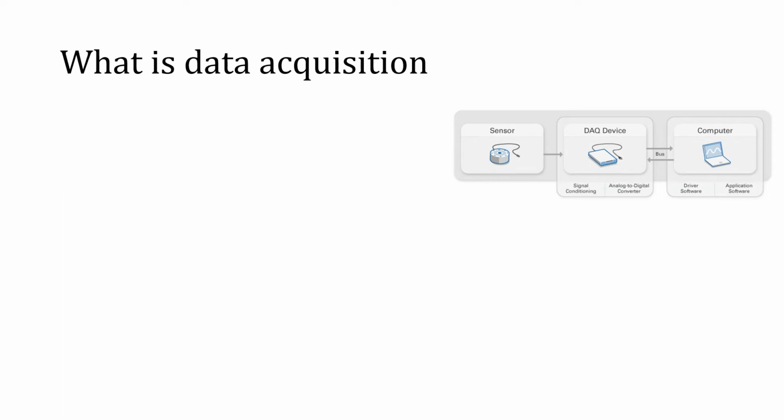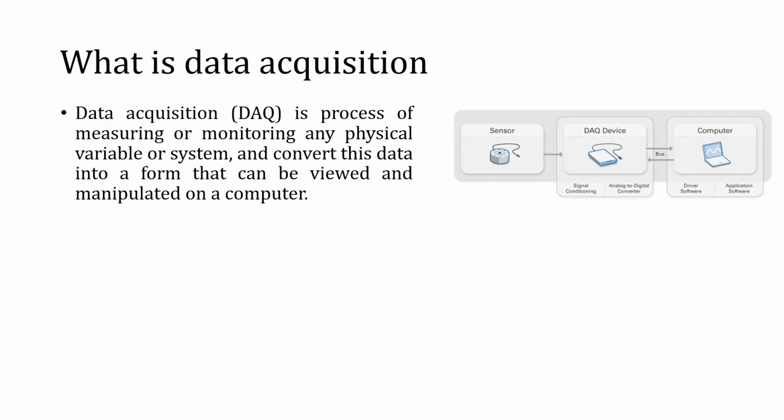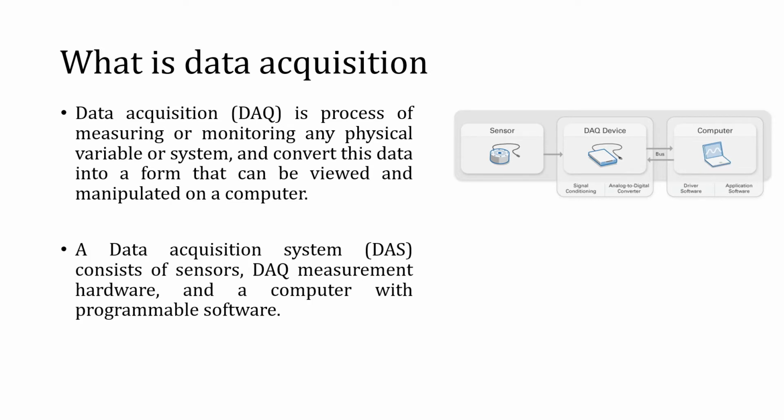To do this, we need some kind of device, some kind of hardware, and that hardware is known as data acquisition devices. So data acquisition is a process of measuring or monitoring any physical variable and then converting it into a form so that the information can be viewed, manipulated or stored on a computer. In any data acquisition system, there will be three elements: your sensor or transducer, then hardware, and finally the